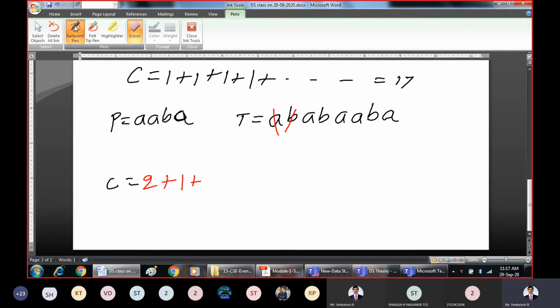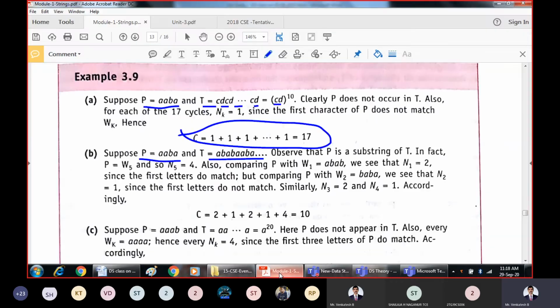Right? So let us go for the next character now. What is the next character? The next character here is A. And what are we looking for? We are looking for A. Yes, successful. How many comparisons have we made? Comparison 1. After this A, what do we expect? We expect again A. But after this A, what is there here? B. That means we have made two comparisons, but it is a failure. So plus 2, you should take plus 2.